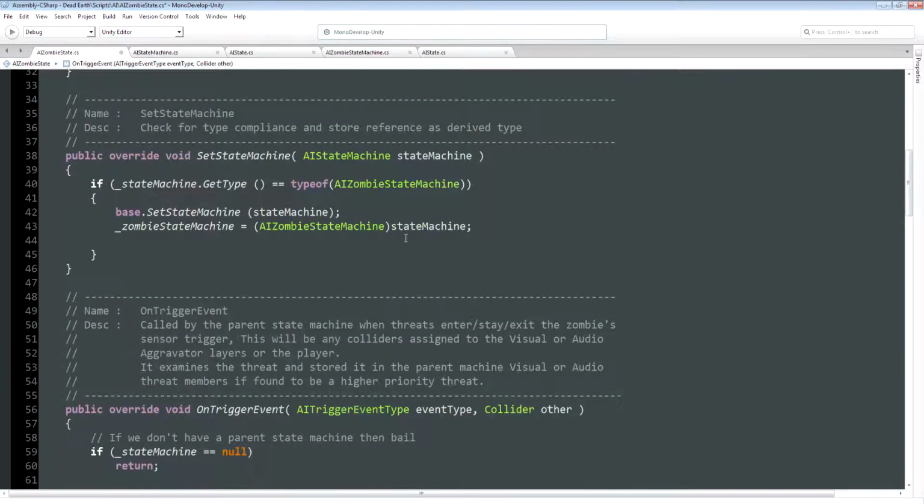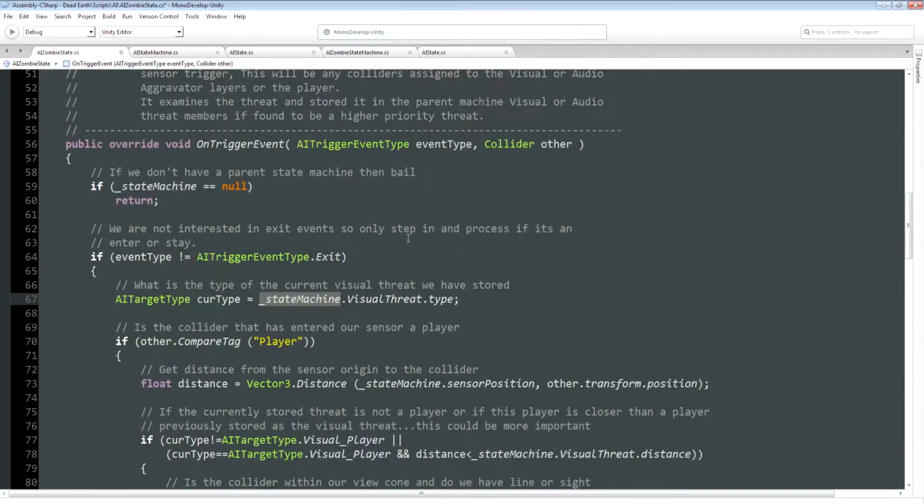Now if we scroll down to the onTrigger event function, you can see that there are lots of places where we're just referencing the base type that's stored in the base class, and there's no problem with that, because wherever we're using that, we're just accessing properties that are available in the base class as well. But I think to be consistent, whenever we're in the AI zombie state class or any of its derived classes, whenever we talk to the state machine, we should probably talk to it using its correct type. So I'm going to change all references to state machine to zombie state machine,